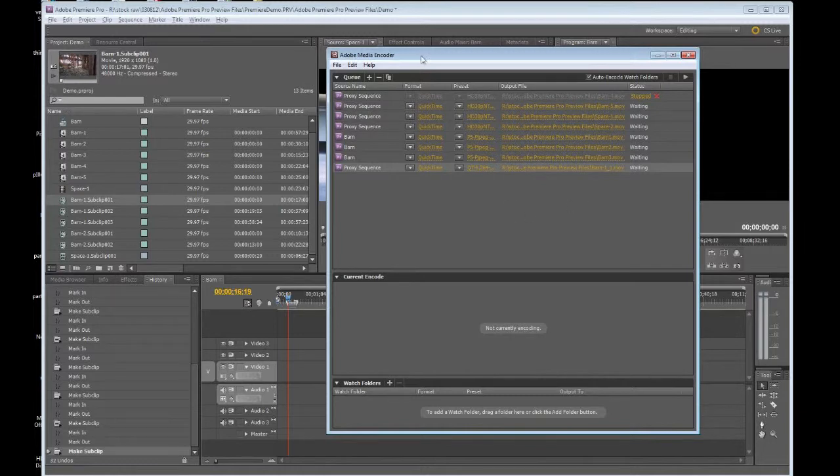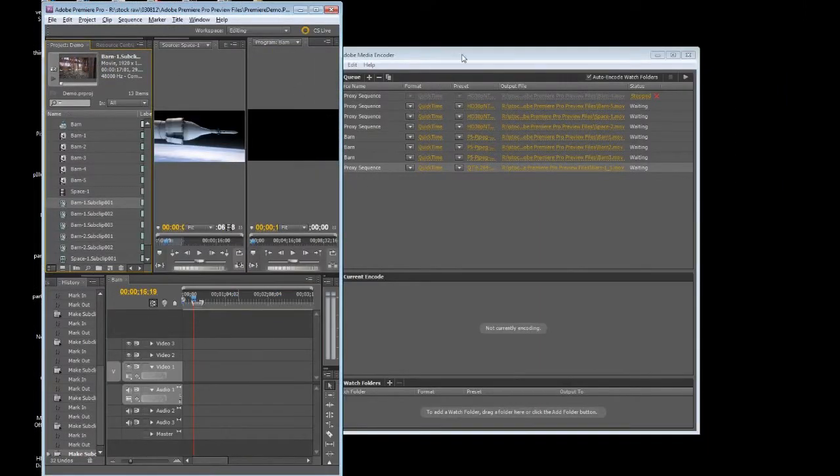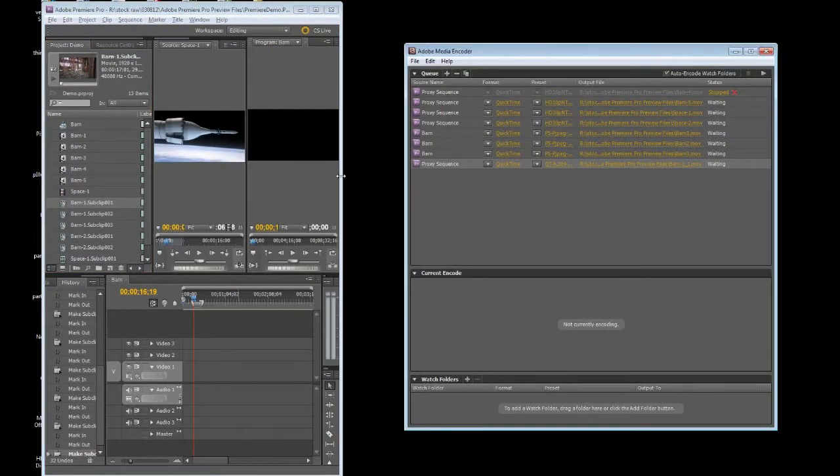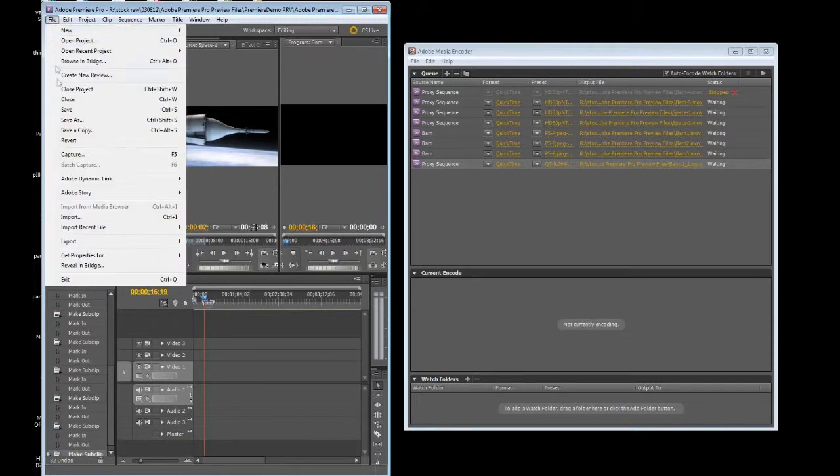But anyways, here is Adobe Media Encoder, and I'm going to shrink down Premiere so that we can see these windows side by side, and so that you can actually see in real time what's going to happen. So I'm going to take the next file and I am going to export to media, or I could just type Control M,